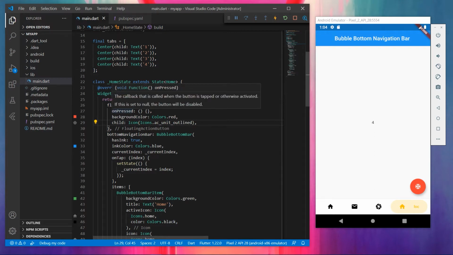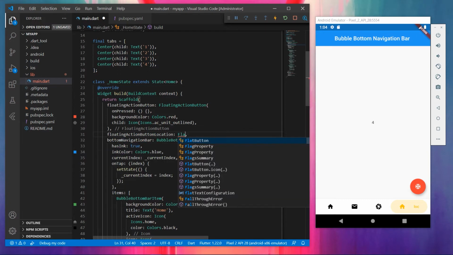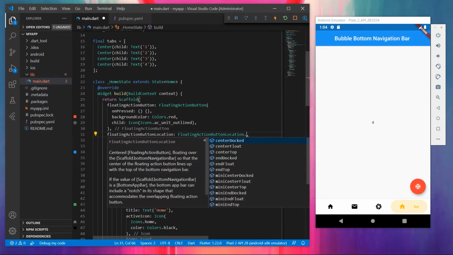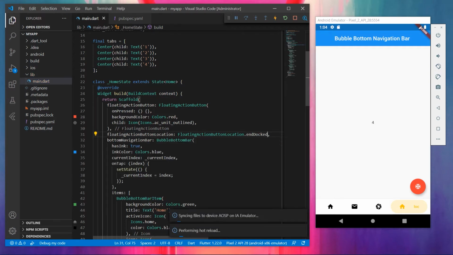Now what we have here is we need to adjust this button here. Here we add floatingActionButtonLocation, and we add FloatingActionButtonLocation dot, let's say we keep this endDocked. Let me just save.